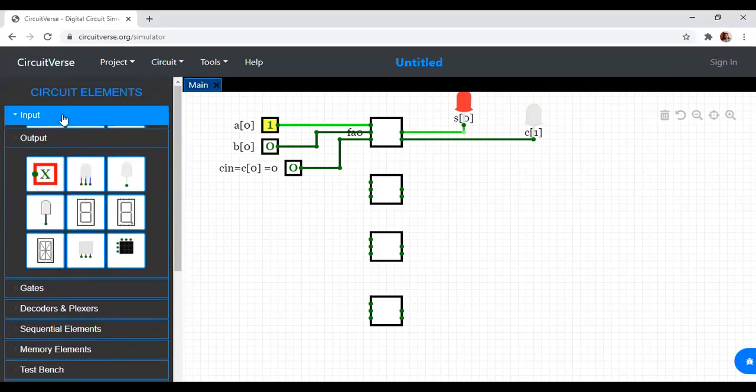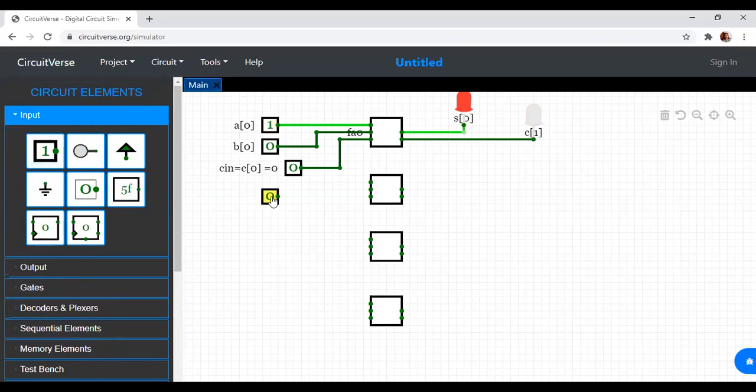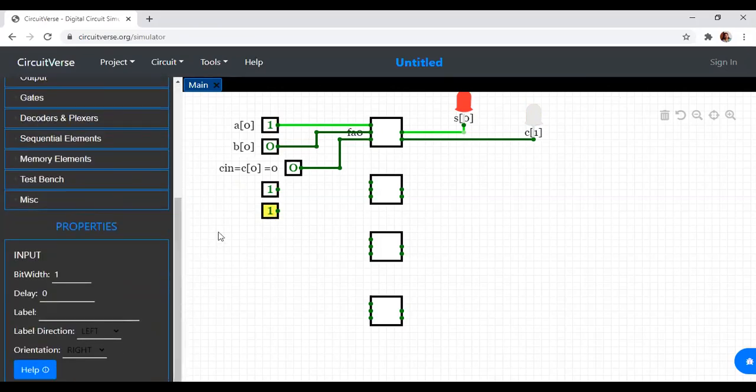So what is the next connection? 2 inputs only I am having. The third input will be from the previous one. So don't worry about the values 1, 0; we'll be labeling it. What is the next input to the second full adder? This should be B of 0.